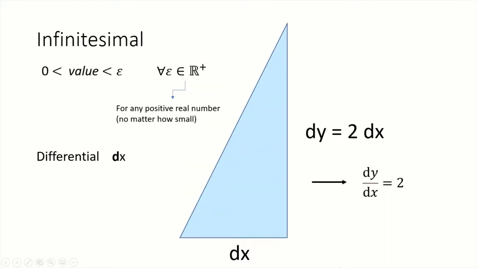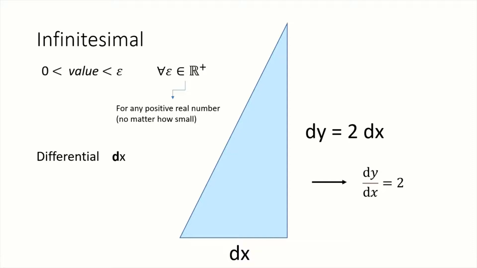Now we can see the full picture. As the point approaches the origin, the values of the y and the x coordinates become very, very small, and they approach each other in value, but their ratio remains the same. When the point finally reaches the origin, x equals y equals 0, so it is still fair to say that y equals 2x, but it is also fair to say that y equals x, and that